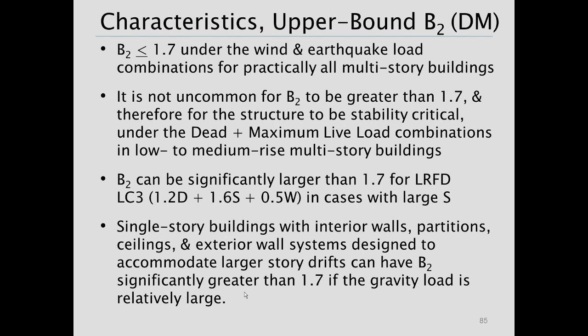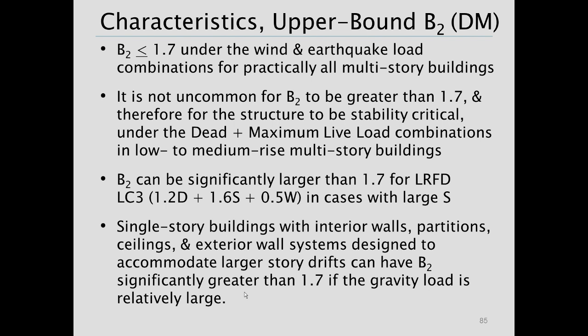Now, it's not uncommon for B2 to be greater than 1.7, and therefore for the structure to classify as stability critical under dead plus maximum load combinations in low to medium rise multi-story buildings. But we already require that under gravity only load combinations we include notional load anyway. So it's not really causing us an additional burden, other than the specification disallows the application of effective length method when we have a